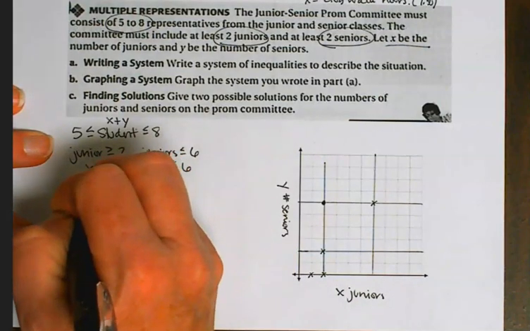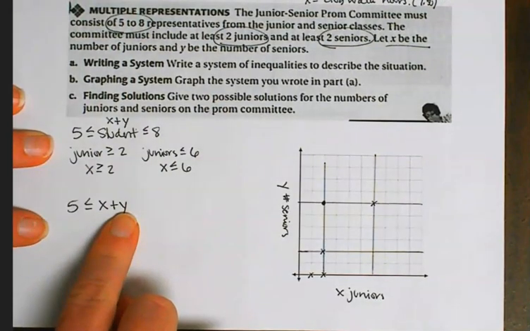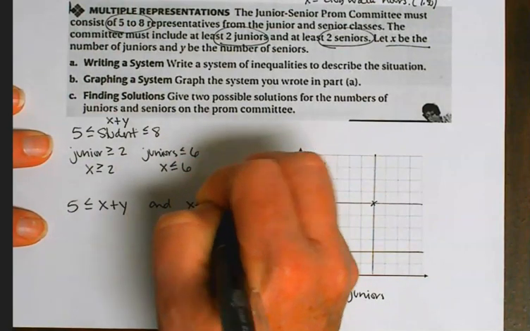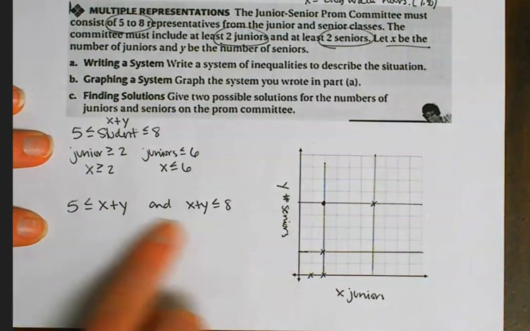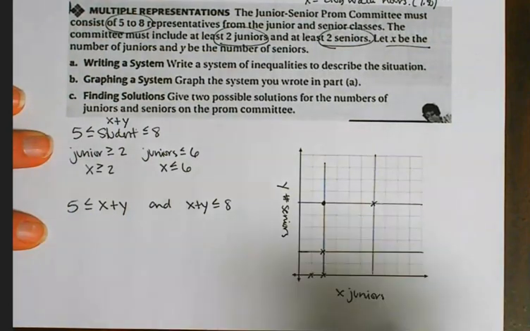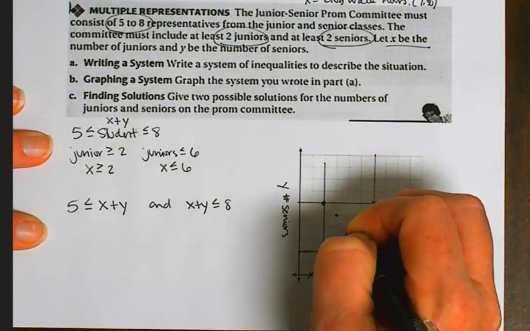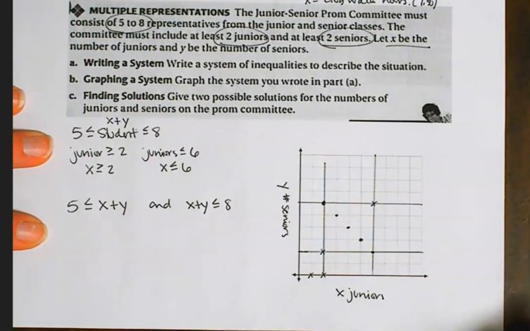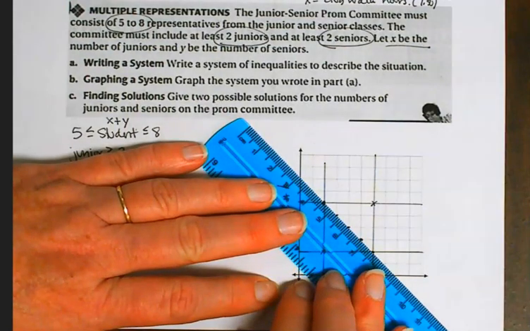So you need to say that 5 is less than or equal to X plus Y, juniors plus seniors. And also, X plus Y has to be less than or equal to 8. And these are 2 separate lines. So that's the tricky part of this one. And you would figure that out if you went and added them up. You would end up with 3 plus 5, 4 plus 4, 5 plus 3, and 6 plus 2. Those numbers all work. And when we graph this, it ends up looking like